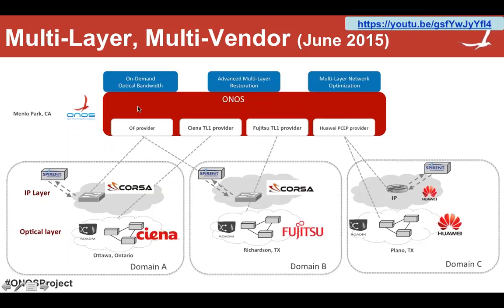And then what we did, as I said, is we have this very nice abstraction on the southbound of how devices should behave and look like. So we went to work with some of these vendors and wrote the various drivers, plugins if you will, to allow us to talk to the various devices. We used OpenFlow for the Corsas, we used TL1 for the Sienna and Fujitsu ROADMs, and we used PSAP for the equipment. All of this plugged in very neatly into ONOS and allowed us, and this is really the biggest